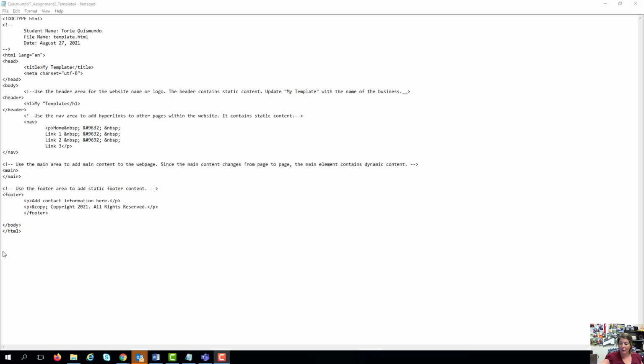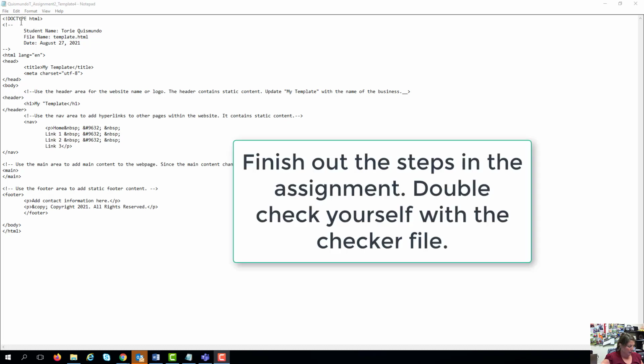So as I continue along, you can see that I've made it through step 2 and step 3 and step 4. I've added my headers, and step 7, I'm going to nest in there my template. So I've continued on through the steps, and you can double check yourself with the checker file that's posted in there for you. And then once you get to the end, it's going to ask you to add a comment above the header that identifies the purpose of the header, and you want to make sure that you complete all of these areas. Make sure you indent all of your nested elements, save your changes,